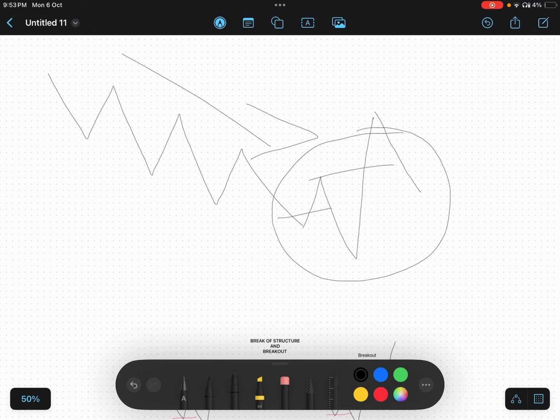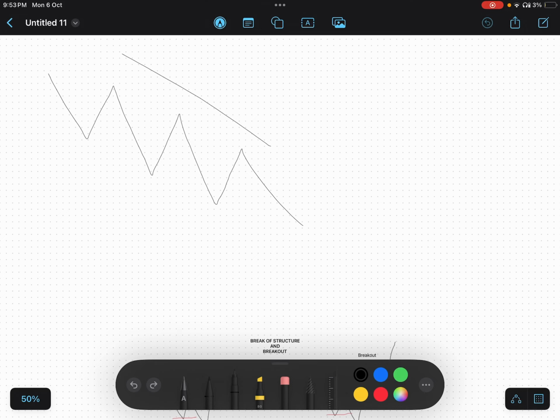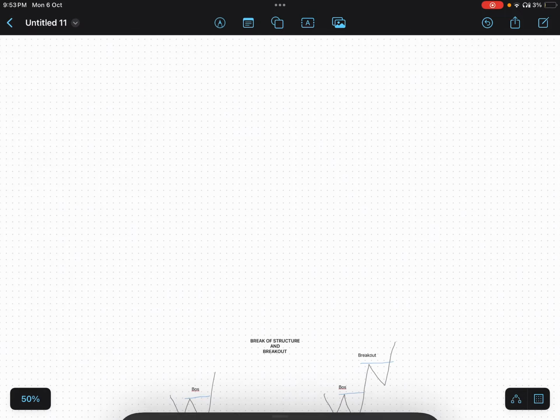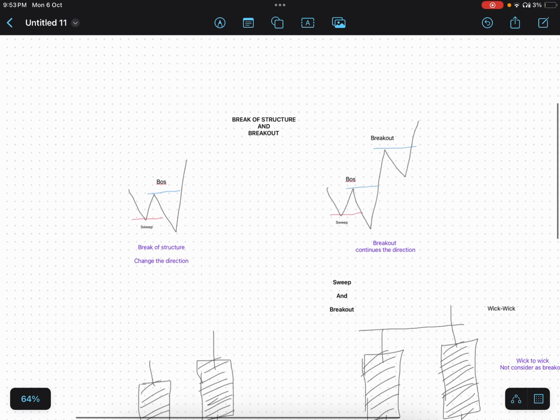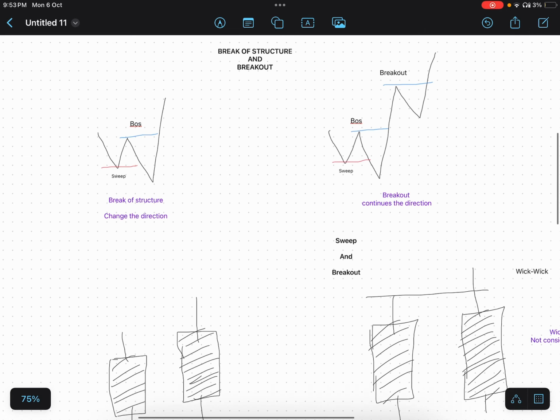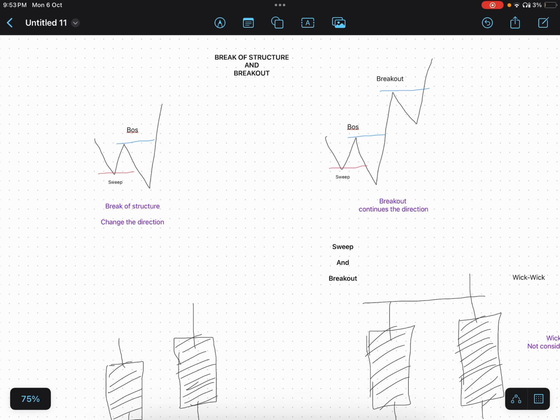Okay. So now after taking this, the price started to move upside like this. So the breakout happens on the continuation trade. The breakout structure happens on the reversal trade. Understand what I am mentioning here? So let me give you some examples. Here I have drawn it. Here you can see, when we have a sweep and a breakout in both directions, the breakout to the downside and the breakout to the upside, we call this a breakout structure. So the breakout structure always happens for a change in direction.